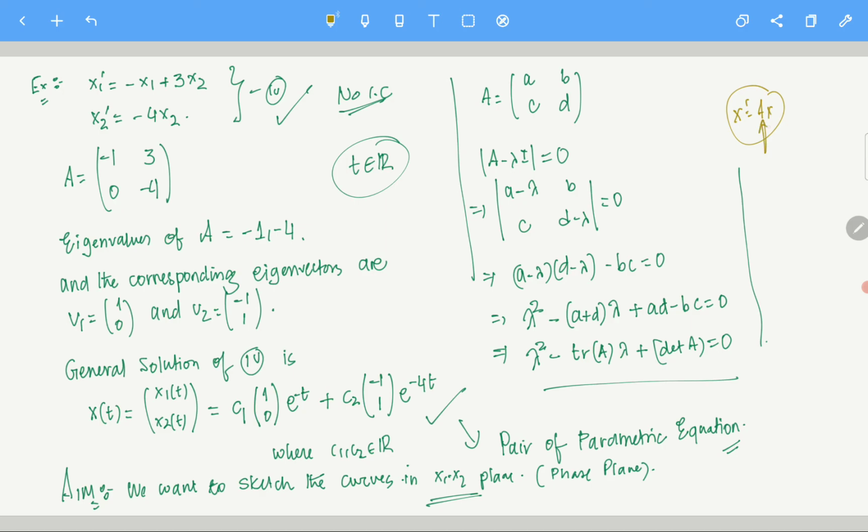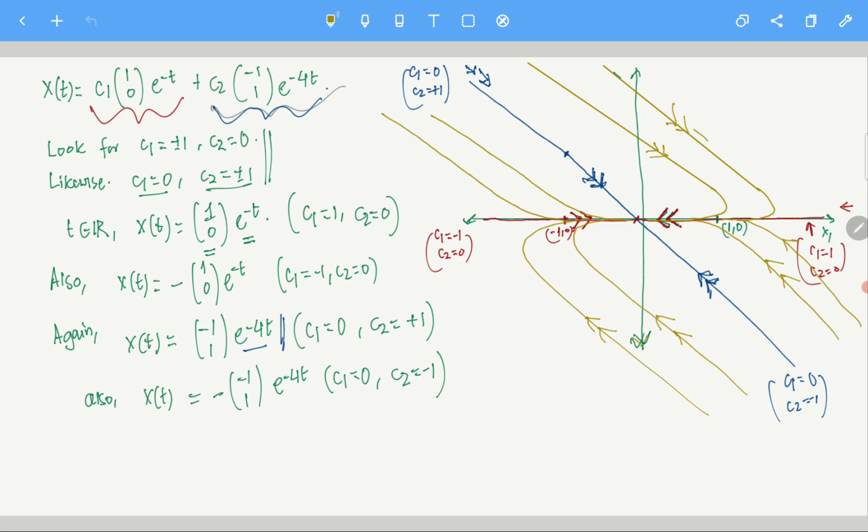And A is a constant coefficient matrix. So A is C1, C infinity actually. So basically this is a very smooth system. Essentially, if you are looking for solutions, any solution of this system is an infinitely differentiable solution, right? So if you are drawing this, C1 and C2 are varying in R, right? You realize that.